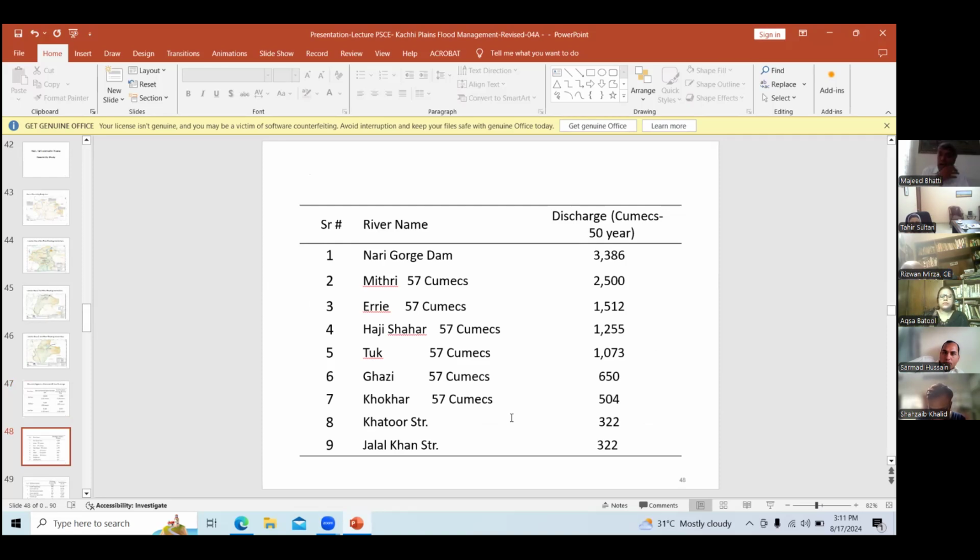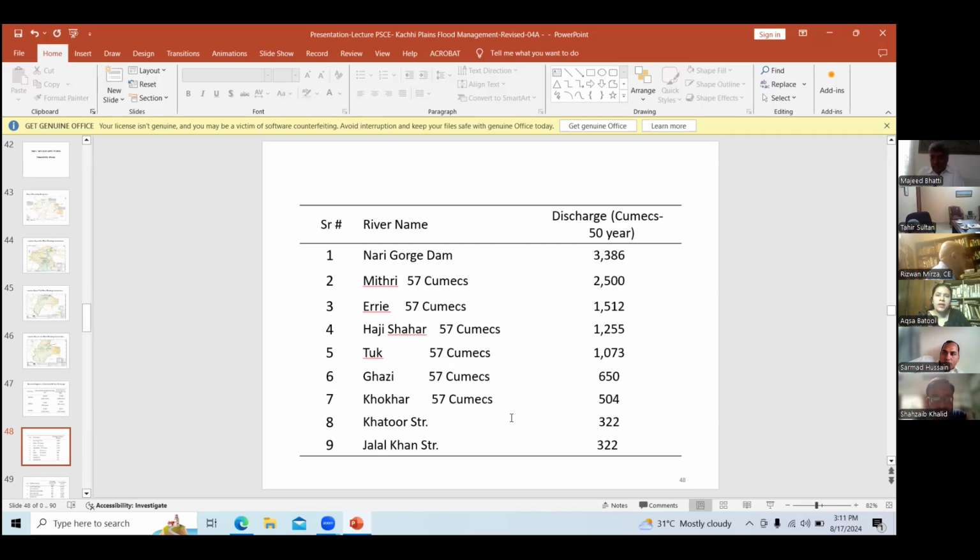So this is the river-wise structure already constructed at site. The government of Baluchistan has already constructed a number of structures on different rivers for diverting this flood water for agriculture purposes.